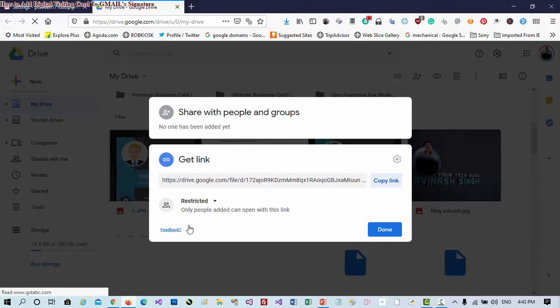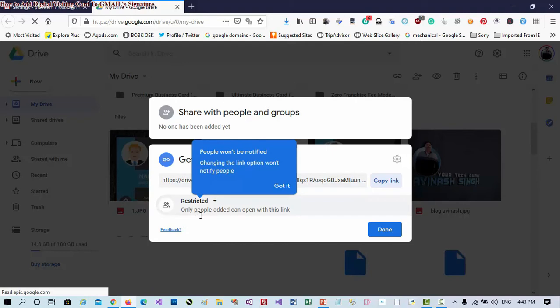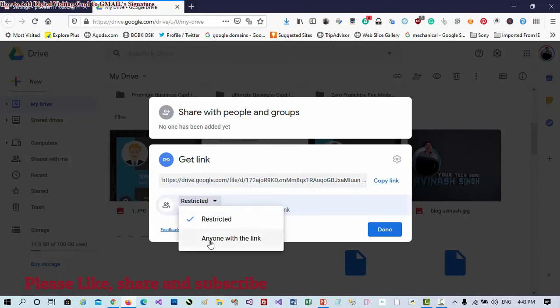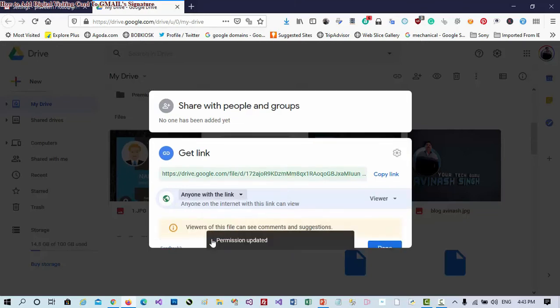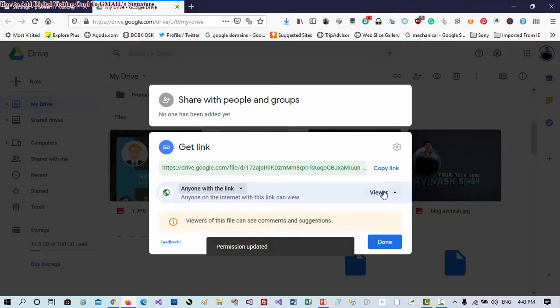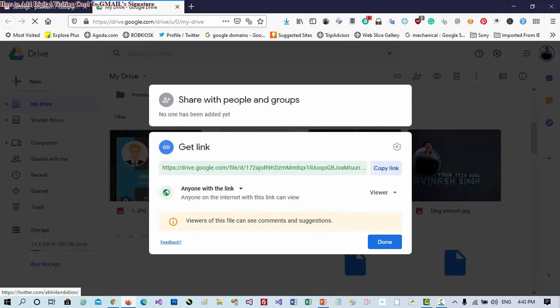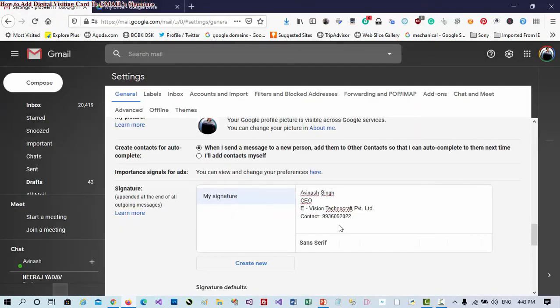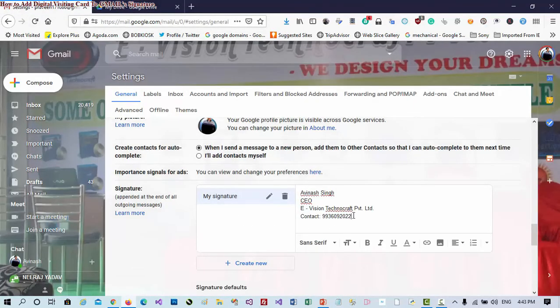Here you can read, only people added can open with this link. So just click on Restricted and click on Anyone with the link. Now copy the link. I am copying the link. Now the link is copied.